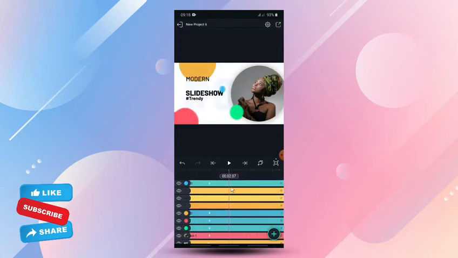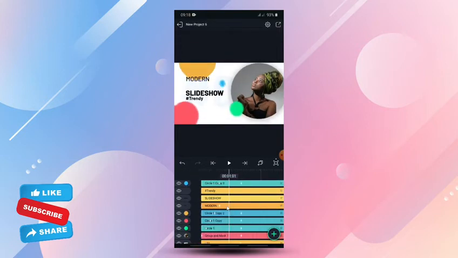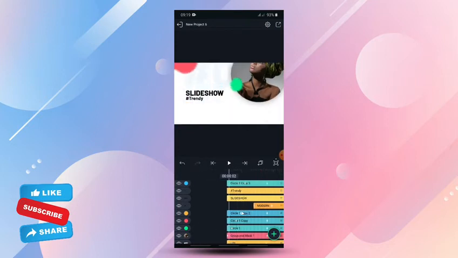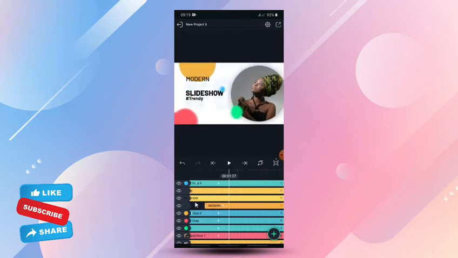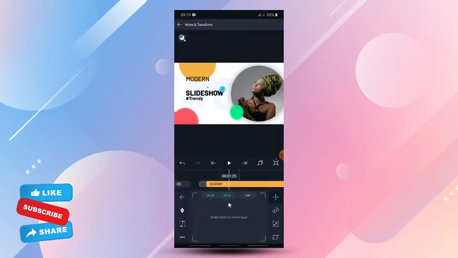So we want to edit the entrance. What you want to do now is come to this guy, bring it here at around 1 second. Let's see how that looks at 1 second. Yes, so the next thing you want to do is bring it down a little bit, bring it to where it is supposed to be. Alright, once you are done, then